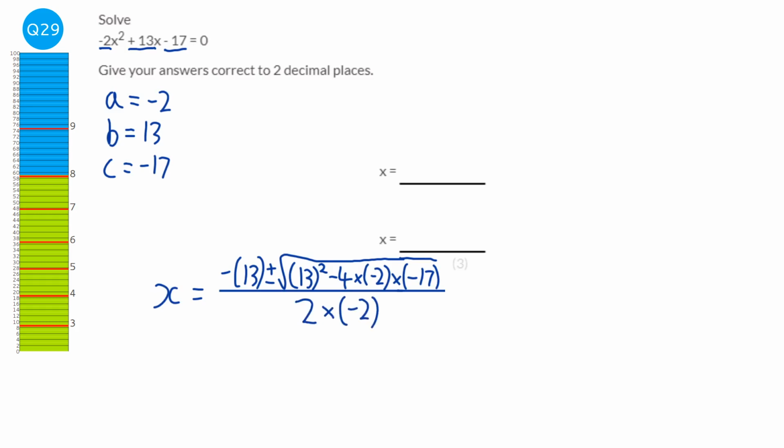We're going to first of all put that into our calculators with a plus there, and when you do it with a plus there, you get 1.813 blah blah blah. And then what you're going to do is use your calculator to go back to this and change it for a minus. And when we do that, we get 4.686 blah blah blah. And so to 2 decimal places, we've got 1.81 and